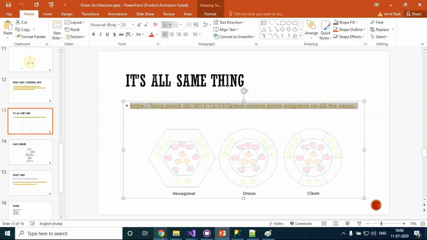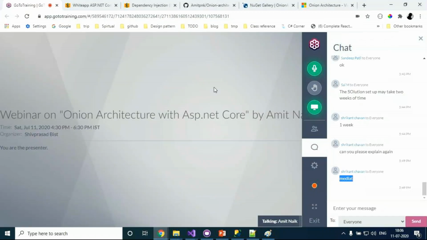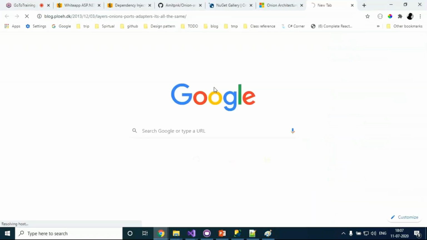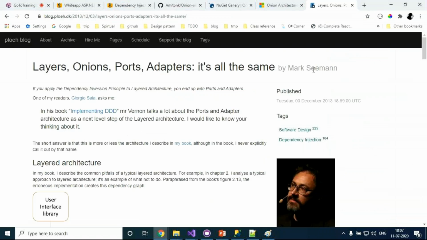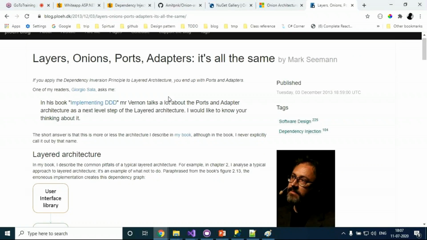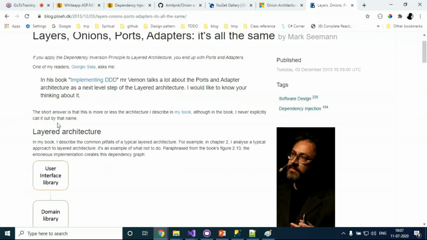It's a nice link which I was following, by Mark Seemann. He said this is all based on DDD, and big people who work at Microsoft gave names like hexagonal architecture, and people started following it.